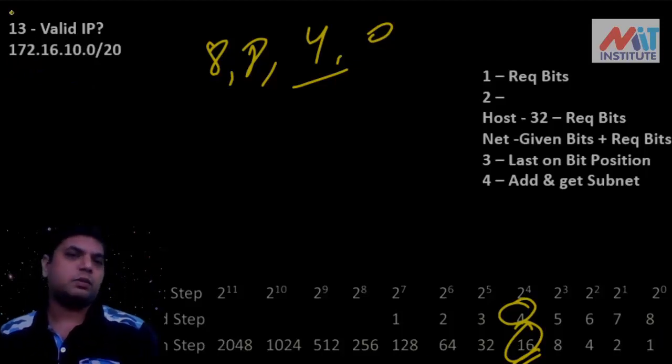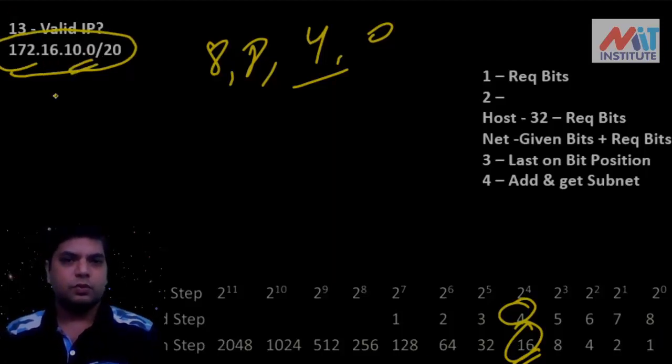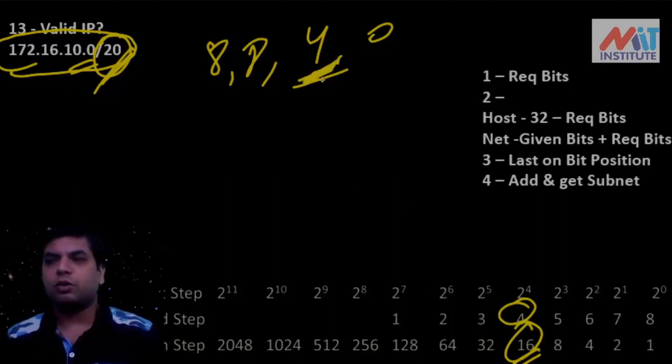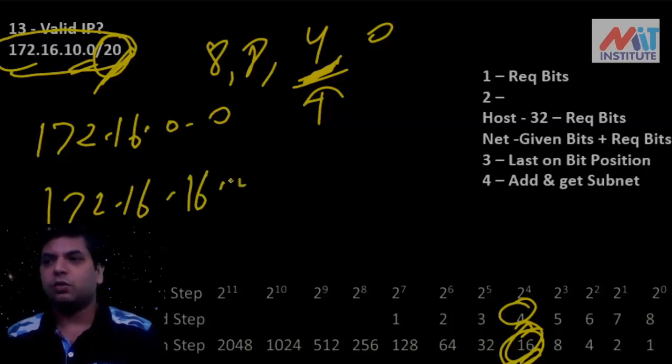Okay, so if you see this IP, first, if you remember that 0 is the network ID and 255 is the broadcast ID, you will simply say that this is not a valid IP because this has 10.0. Okay, but this IP is a valid IP because it is in between the network ID and broadcast ID. So what we need to find is the network ID with /20. With /20 we see that the last on bit is in the third octet and fourth position, so the increment should be 16. So our network may have started with 172.16.0.0 and then 172.16.16.0. Okay, so this IP is within this range,